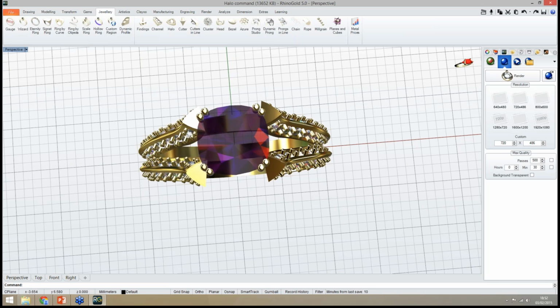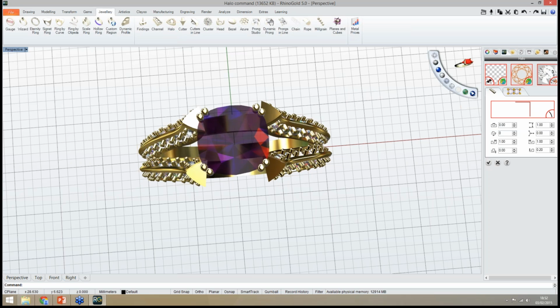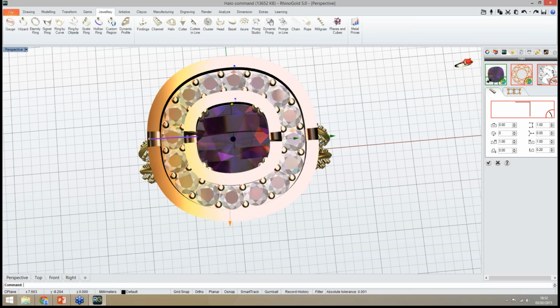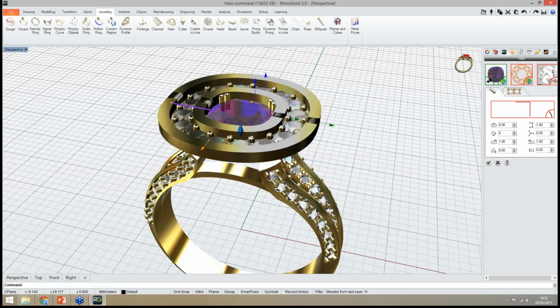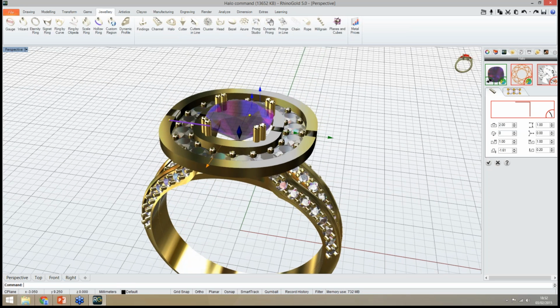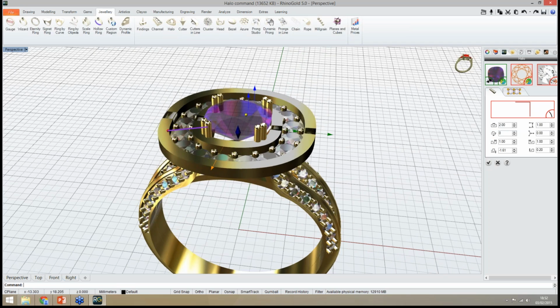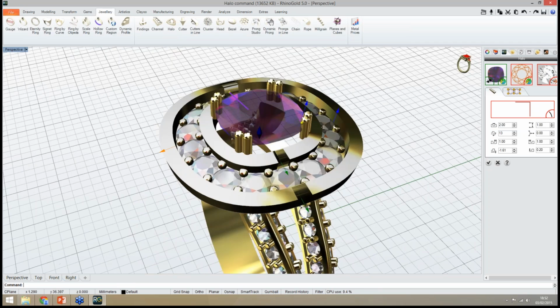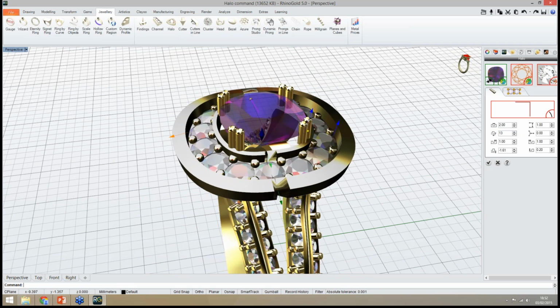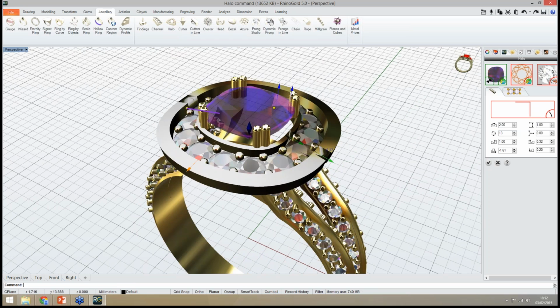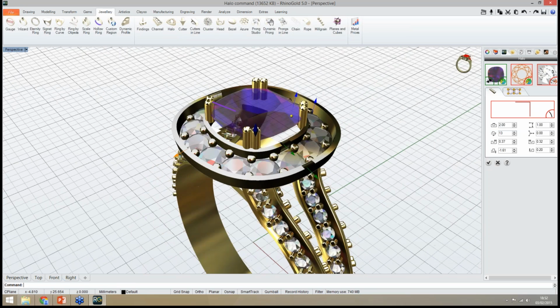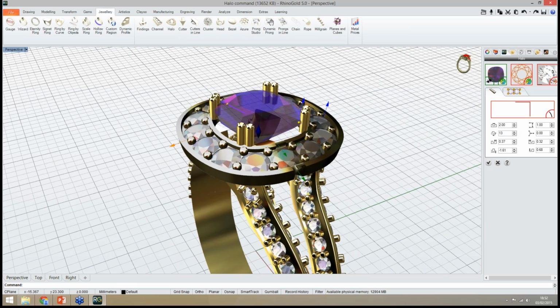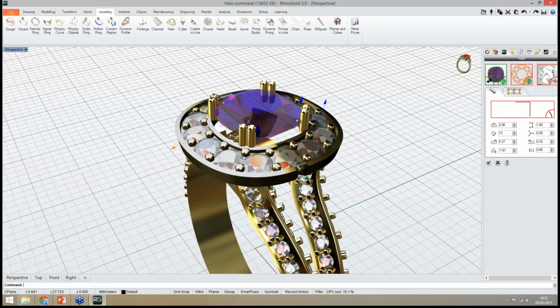So under the Jewellery tab, I have the Halo tool, and I select my object. In this case, I want this gem. So I select my gem, and now I just need to define the parameters. I can move down the halo, I can rotate, I can adjust all the parameters, for instance, this height, this one, the thickness. Remember, I'm using the gumballs, but of course I can use the parameters in the side panel.